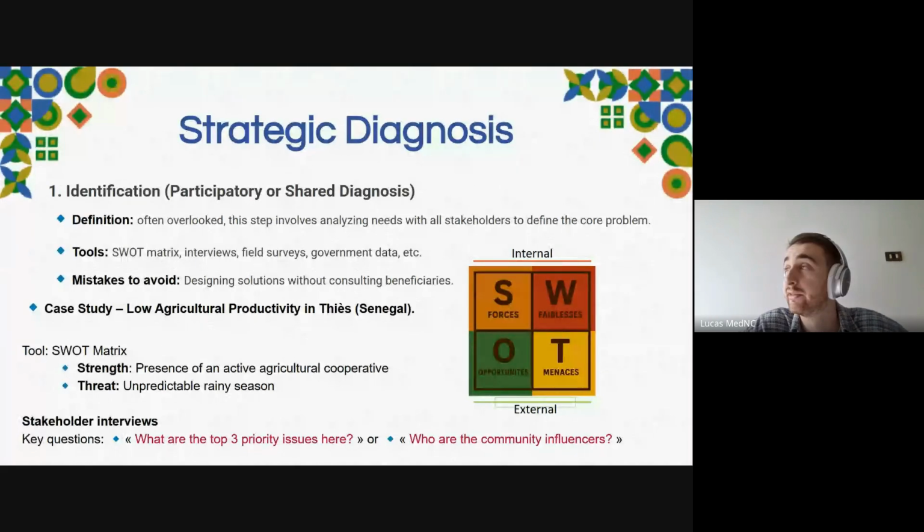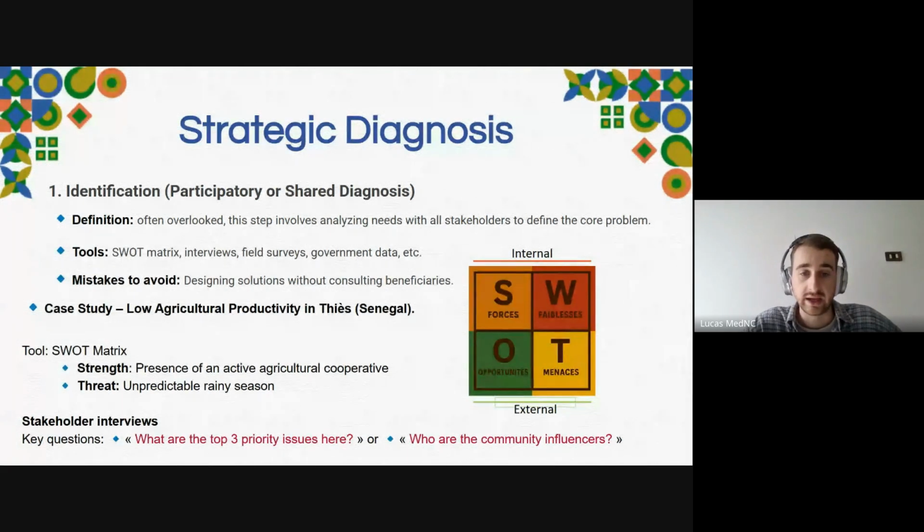And the external part is more about opportunity and threat. That means if my project is to train 500 farmers in a specific village of Senegal, what could be an opportunity for me to manage this project, or what could be a threat? A threat could be that I don't find any trainer because there is none in this region. The opportunities will be that there is a training school very near the village. Well, try to have this and separate the internal and the external part, okay?